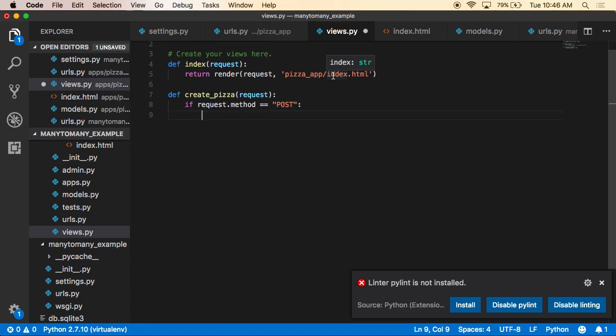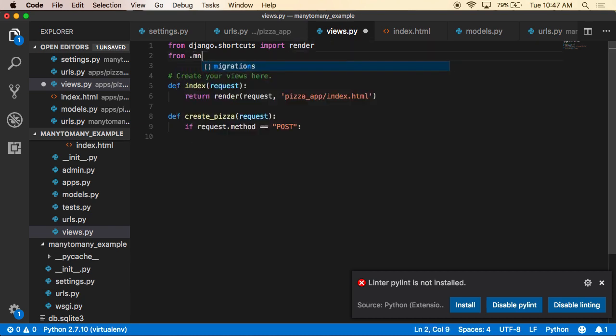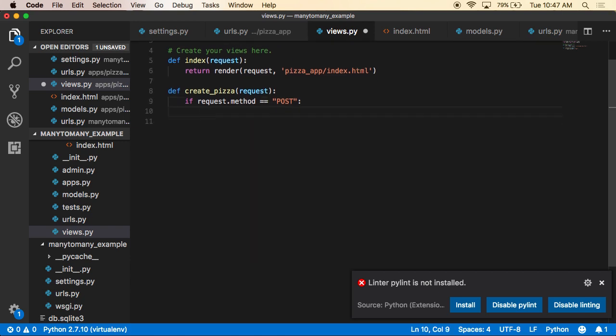So in order to do this, am I missing anything? No, that was created right here. Just looking at views.py. What am I missing? I need to import the model, right? And let's also import Topping, okay? If request.method equals POST. Okay, now I'm going to say Pizza.objects.create, right? And then I'm going to say name equals